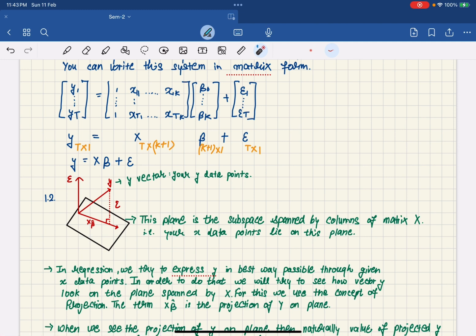Okay, and the basic idea behind the simple linear regression model is that we try to minimize the error term,